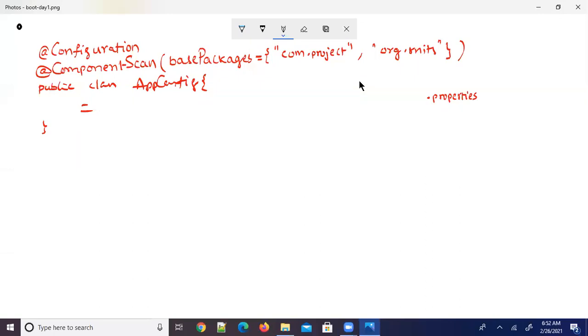Now this is called a properties file, which is also called a resource bundle. What do we define in a properties file? In properties files, we are going to define key equals value pairs.